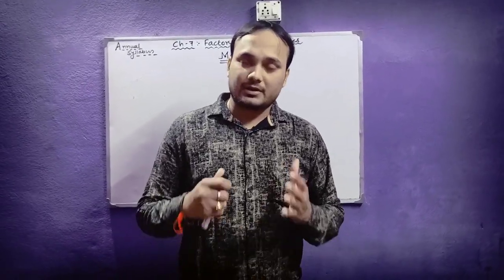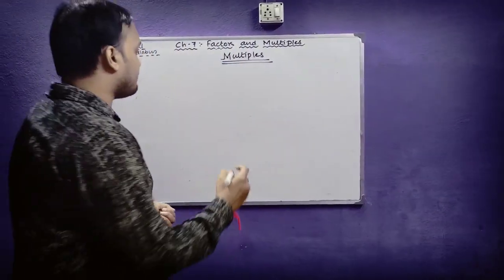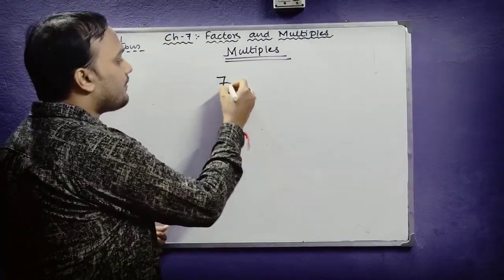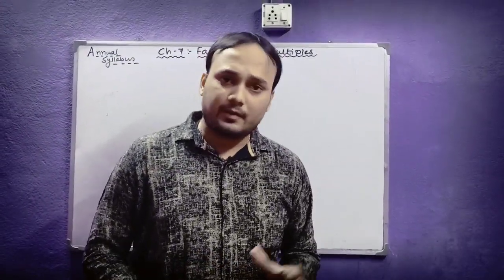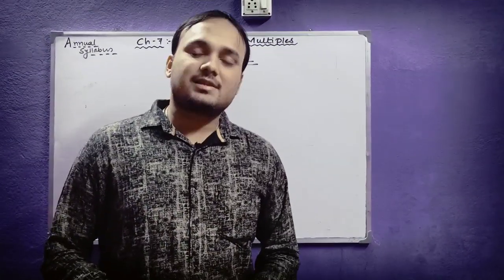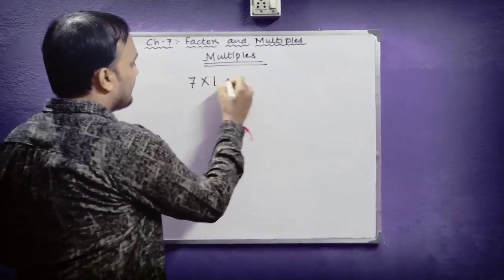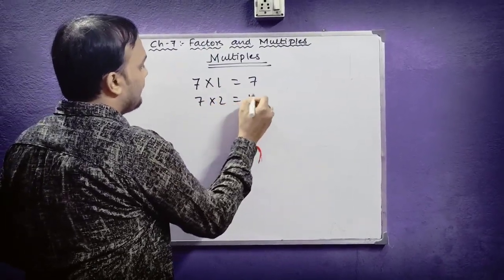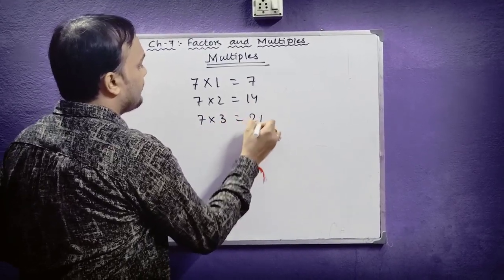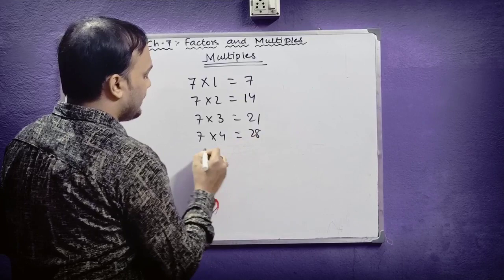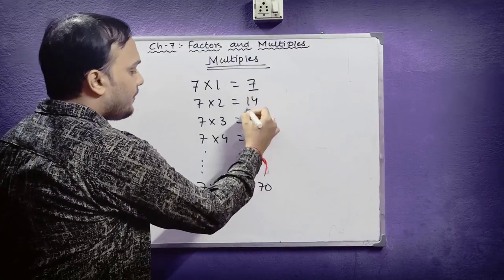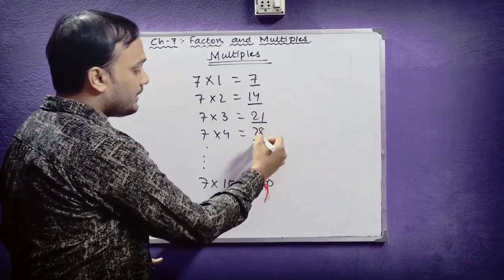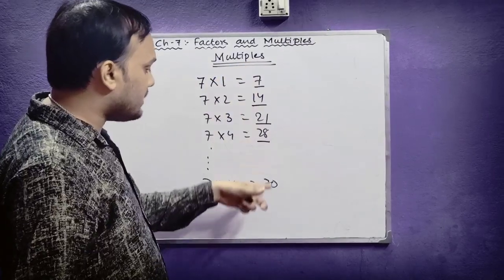Suppose, in order to understand it, let us take a very simple example. Suppose I want to find the multiples of 7. Let me explain with very basic facts. You all are aware of it. If I ask you what is the table of 7, you will tell me. So let me write, students, the table of 7 here. 7 ones are 7, 7 twos are 14, 7 threes are 21, 7 fours are 28, and so on. 7 tens are 70. Students, these 7, 14, 21, 28, then 35, 42, these all numbers are the